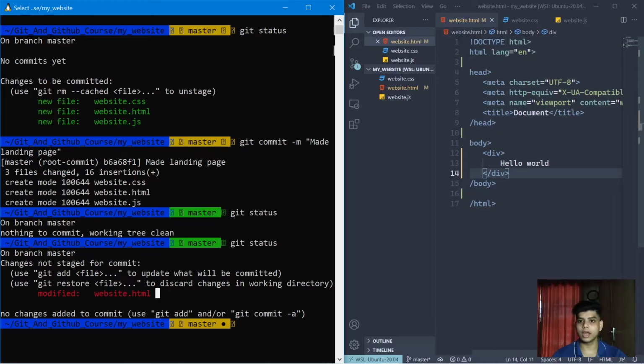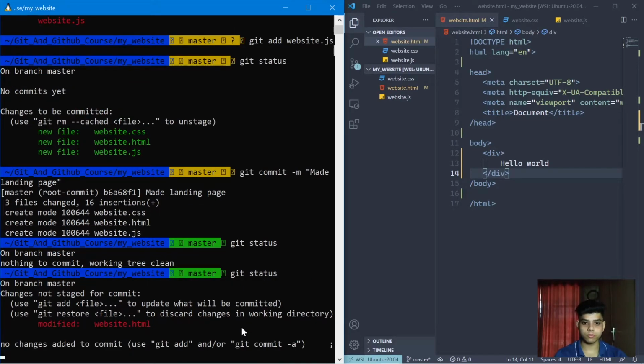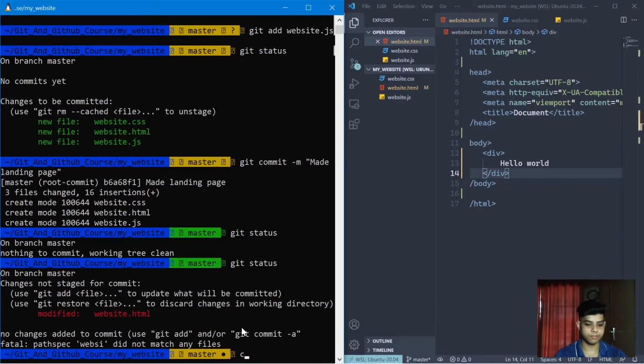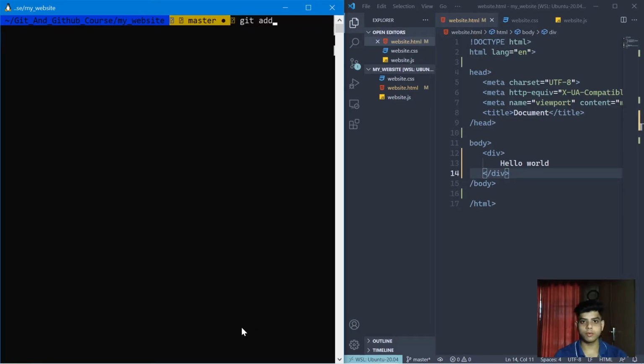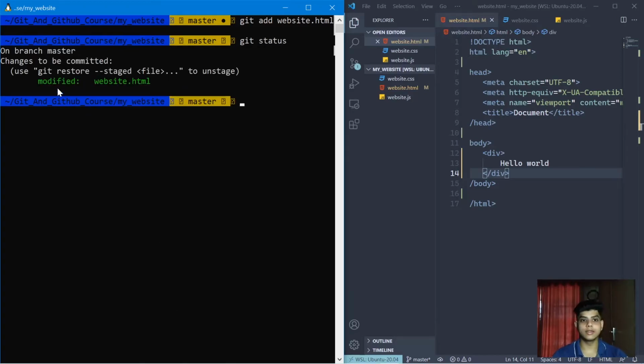So again, let's say I want to add this to my staging area. So what I can do is git add website.html. Let's do it clear. So I'm going to do git add website.html. So I've added that file. Again, now I can take a look, git status. It says this website.html is now added to my staging area. Now I can add it to the